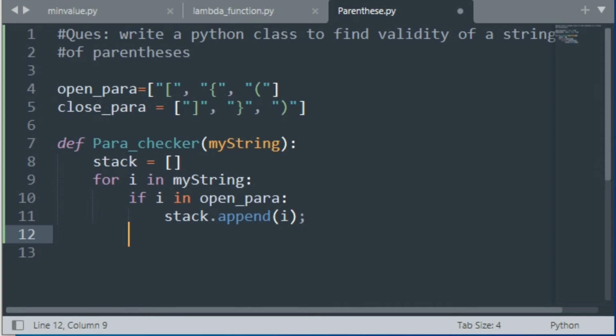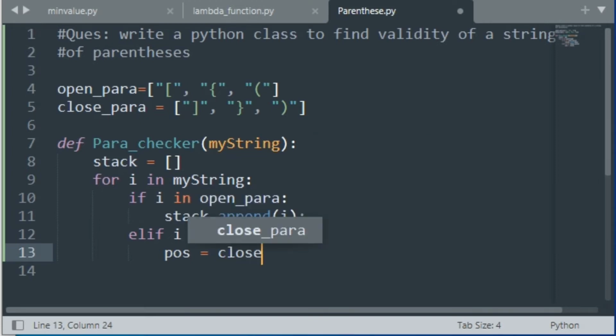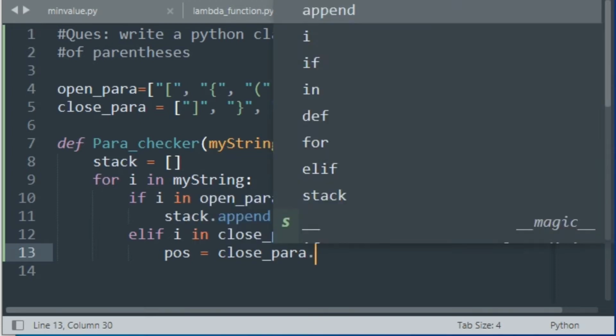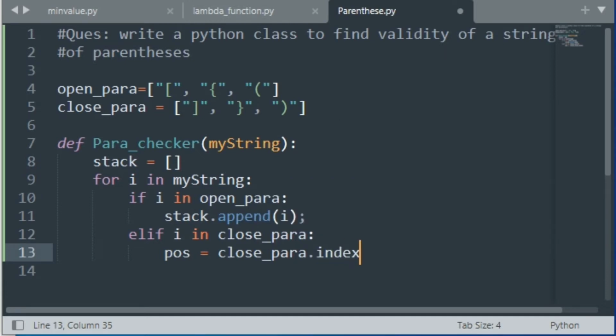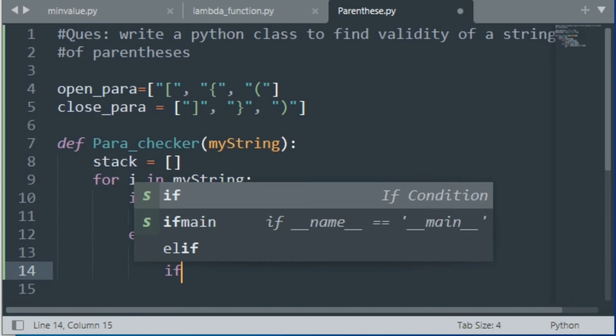And if it is not in open para and it is in closed para, basically closed parenthesis, then let me write first else if I in closed para, then we have to get the position of the I in the closed parenthesis array. We are going to take the index of it, and after taking the index, we are going to apply some condition here.